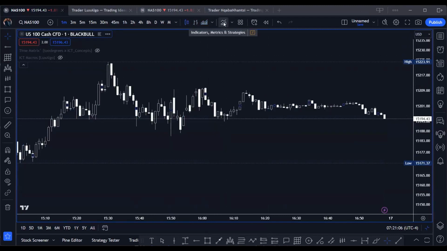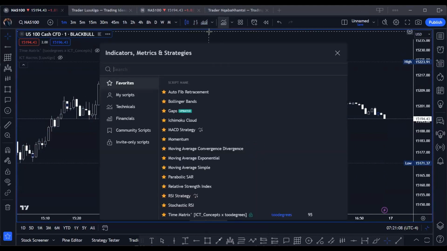Now this tool is used for technical indicators. So say, for example, we obviously do have invite-only scripts that you get by being invited only. Then there's community scripts, financial. So say now you wanted to use